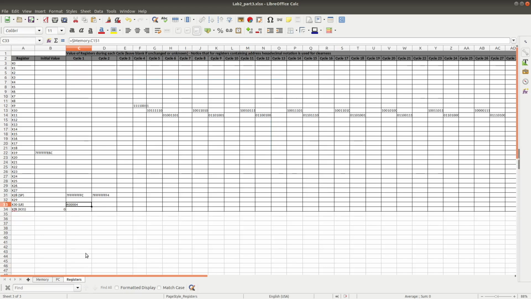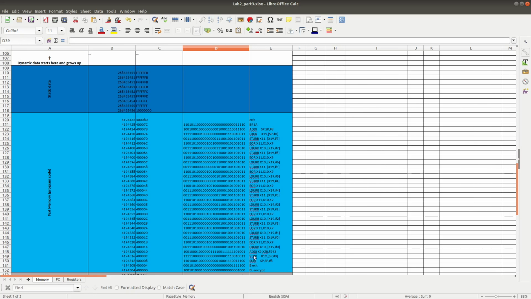Next, we will execute the third instruction, the STUR, to store into stack memory. We will store the value of x19 into stack memory shown by the stack pointer.